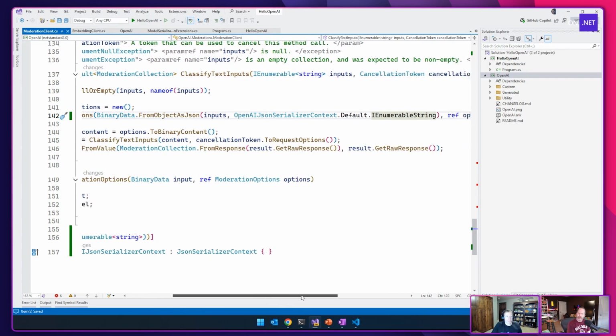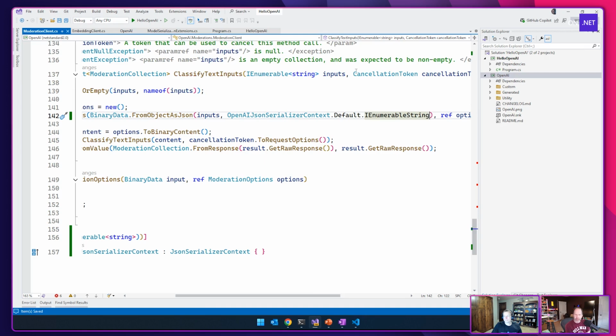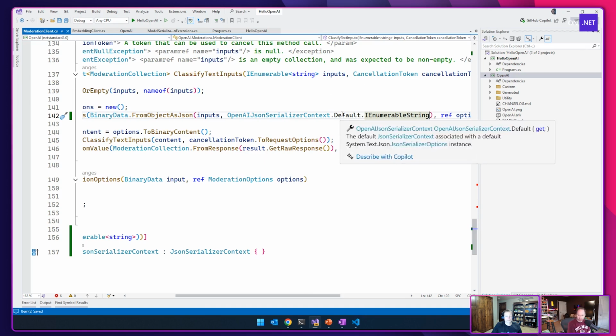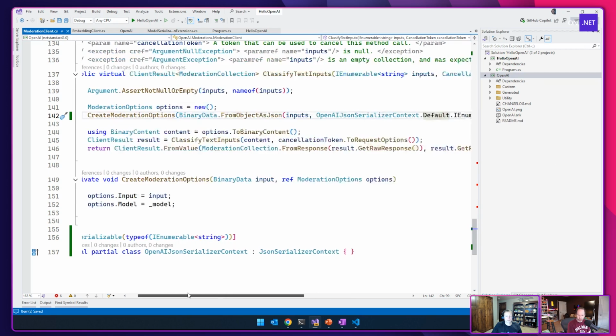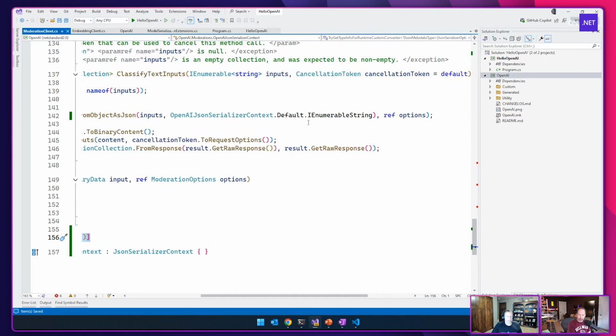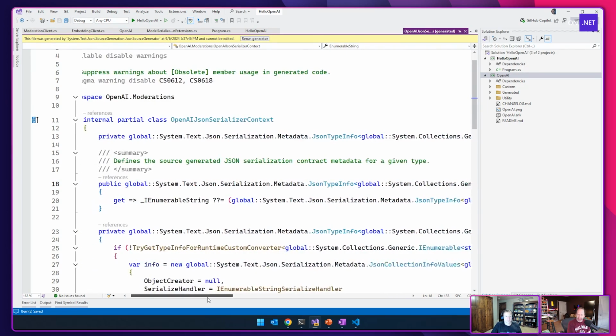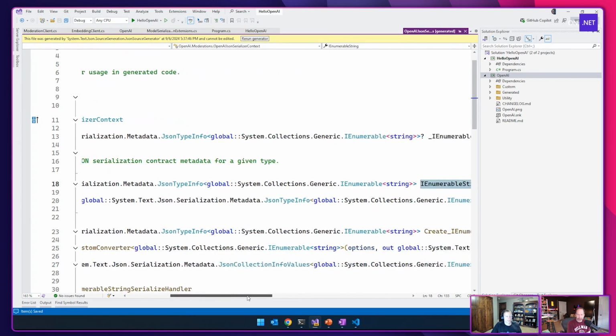How did it, this might be dumb, but the stuff that hangs off of Default, did it generate .IEnumerableString from you putting that line on 156? Yes, exactly. I can F12 on this IEnumerable of string, and it'll take me into a generated file. That's where I wanted people to see that, because that's magic, right? That's crazy.